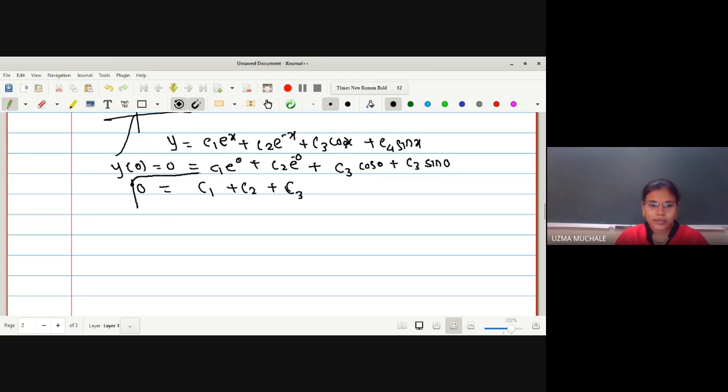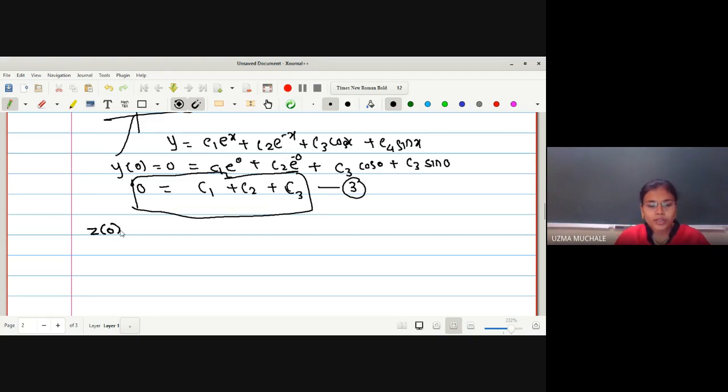So this is nothing but our first equation, which we are going to solve for different values of C1, C2, C3, C4. Now let me rename this as equation 3 because 1 and 2 we have already used. Okay, now let us go for the second condition. What is the second condition given to us? z of 0 is 0, right?